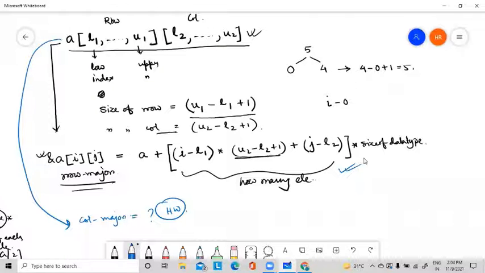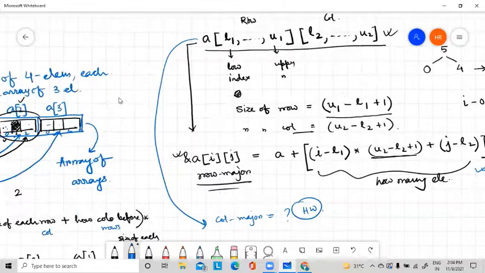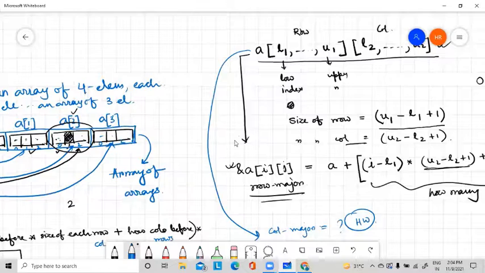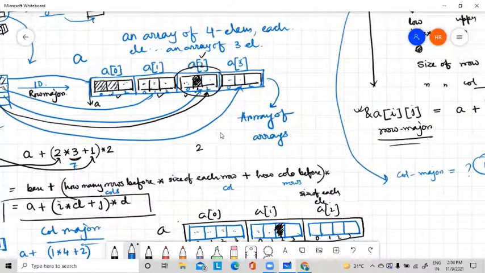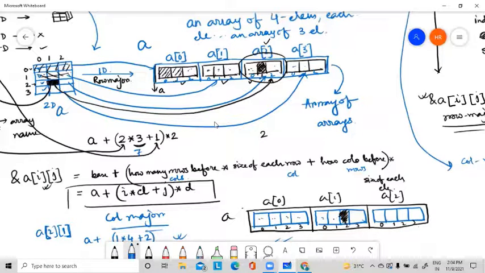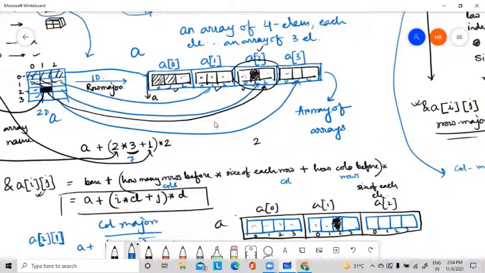So this is the representation of a 2D array in our memory in the form of a 1D array. Remember, again, 2D array representation is a kind of logical representation, and that's why we say it's an array of arrays, and that's why I say there is nothing like an array.